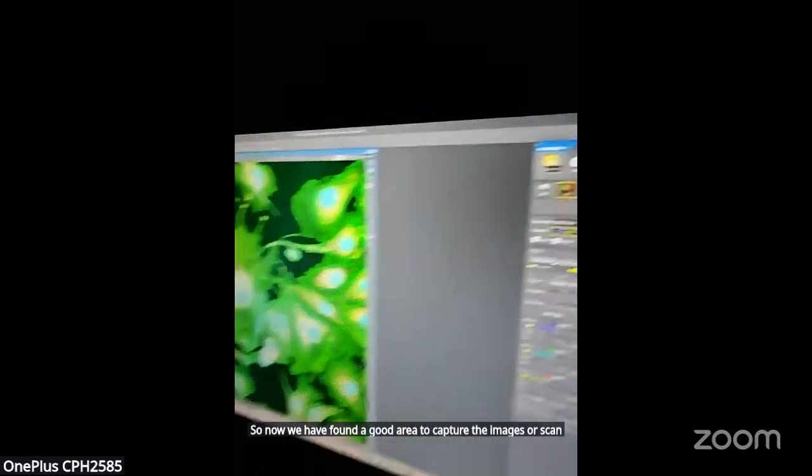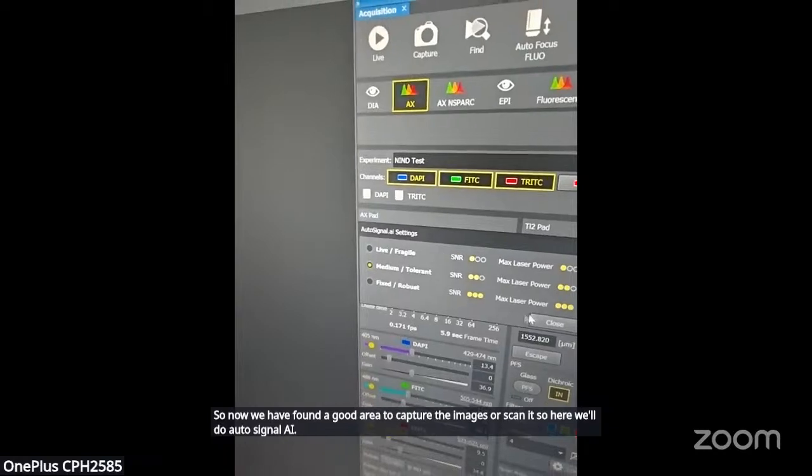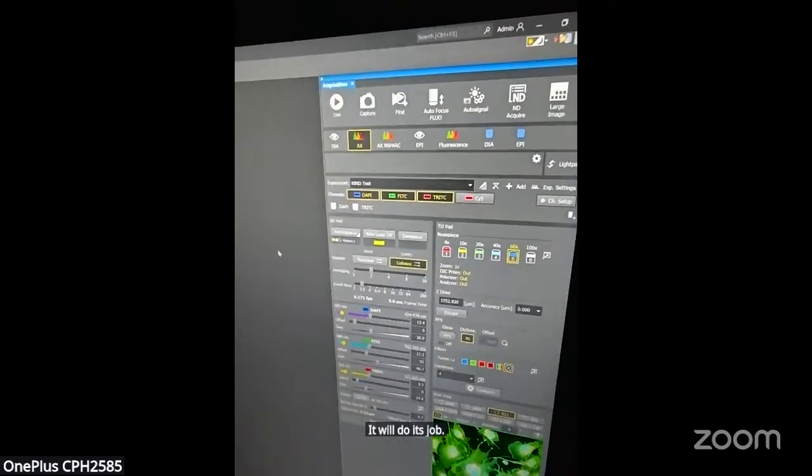So here we'll do Auto Signal AI. It will do its job. Okay, so we have clicked it.